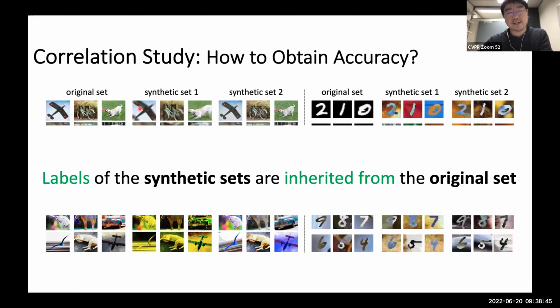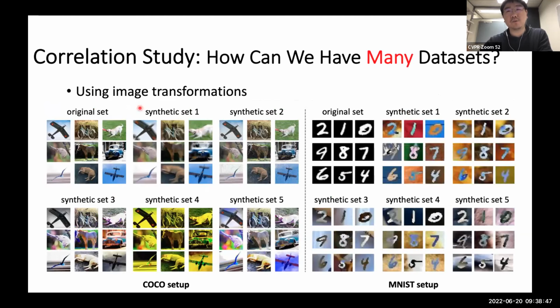If we go back, in synthetic set 1, every image contains the same object as the original image. So we can have labels of all these synthetic data sets. Once our classifier is trained, we can easily calculate the classifier accuracy on every synthetic data set.